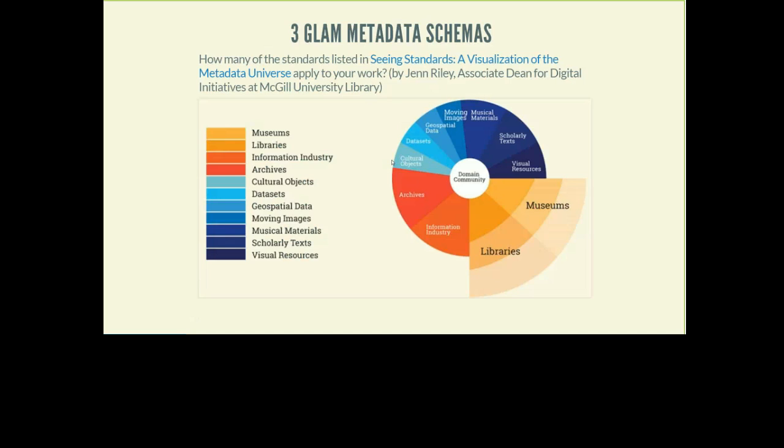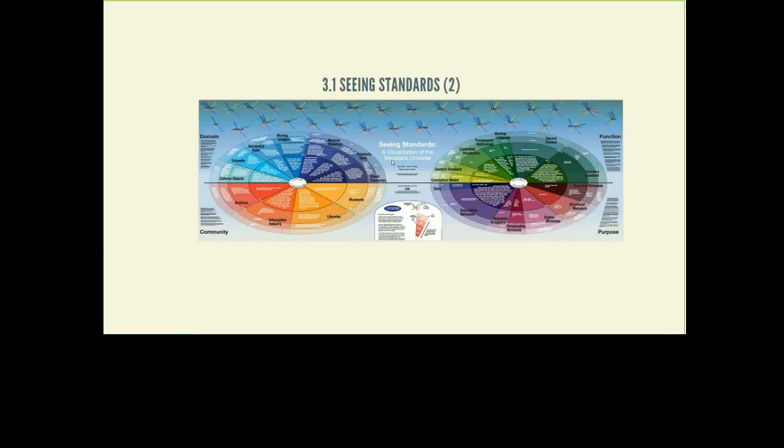In the next section, we'll take a look at several GLAM metadata schemas. These are usually XML schemas to describe the information, the physical format of the information. And here I would recommend a publication called Seeing Standards. It's a list of acronyms about standards and a brief categorization of what the standard is about. And as you see here, it covers a whole bunch of different areas, including type of media, type of content, the type of institution, and so on. This is the full Seeing Standards poster, but when you access the PDF, you can deep zoom into it and see the standards and some information on them and so on.